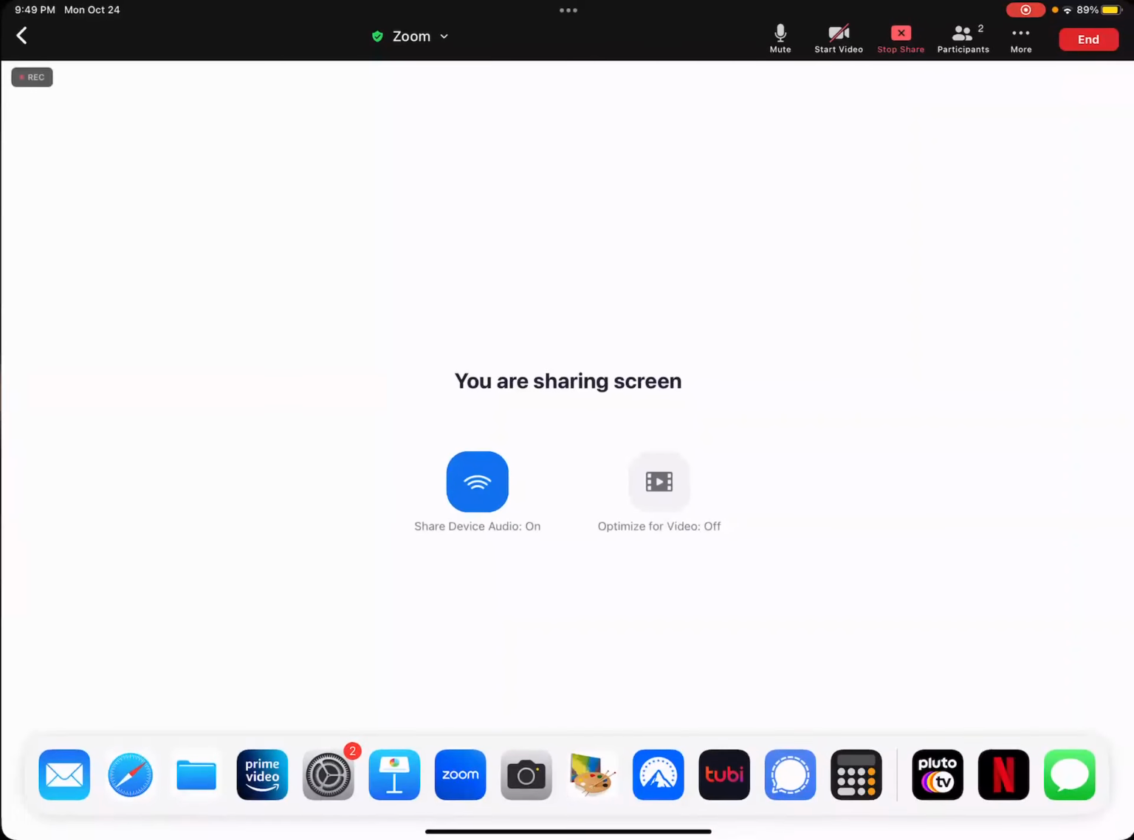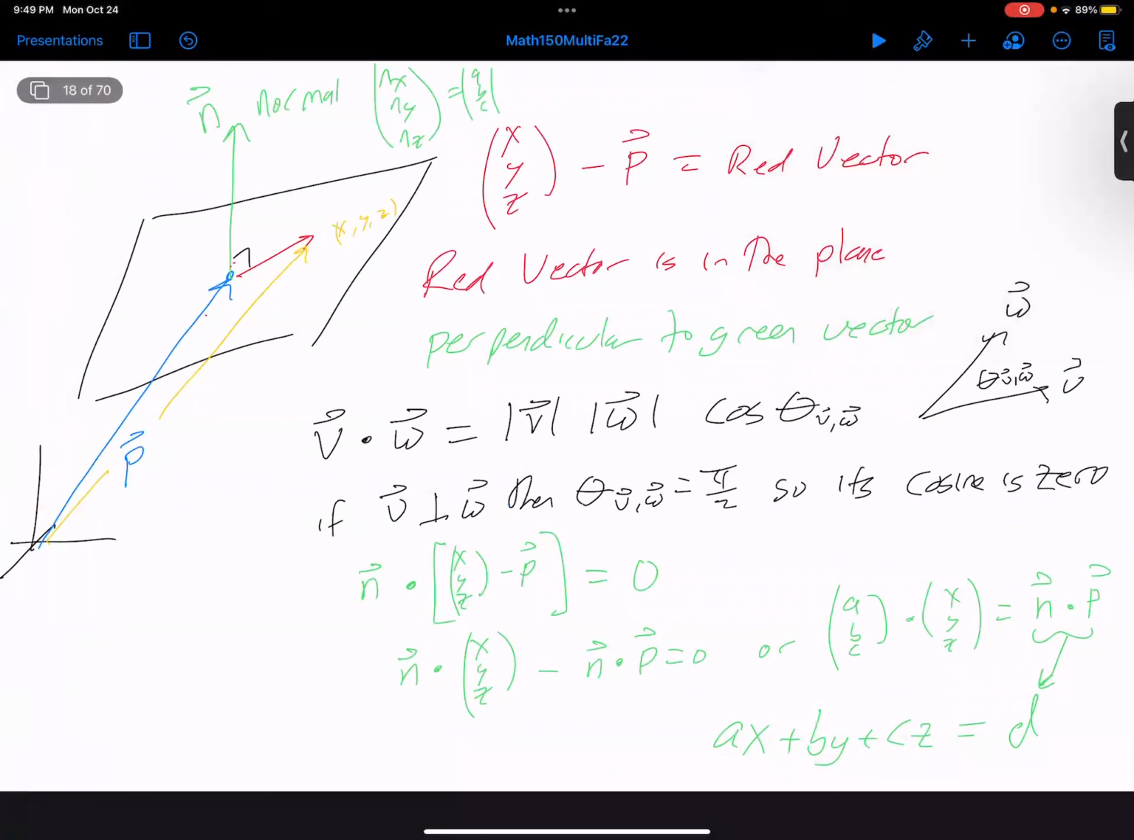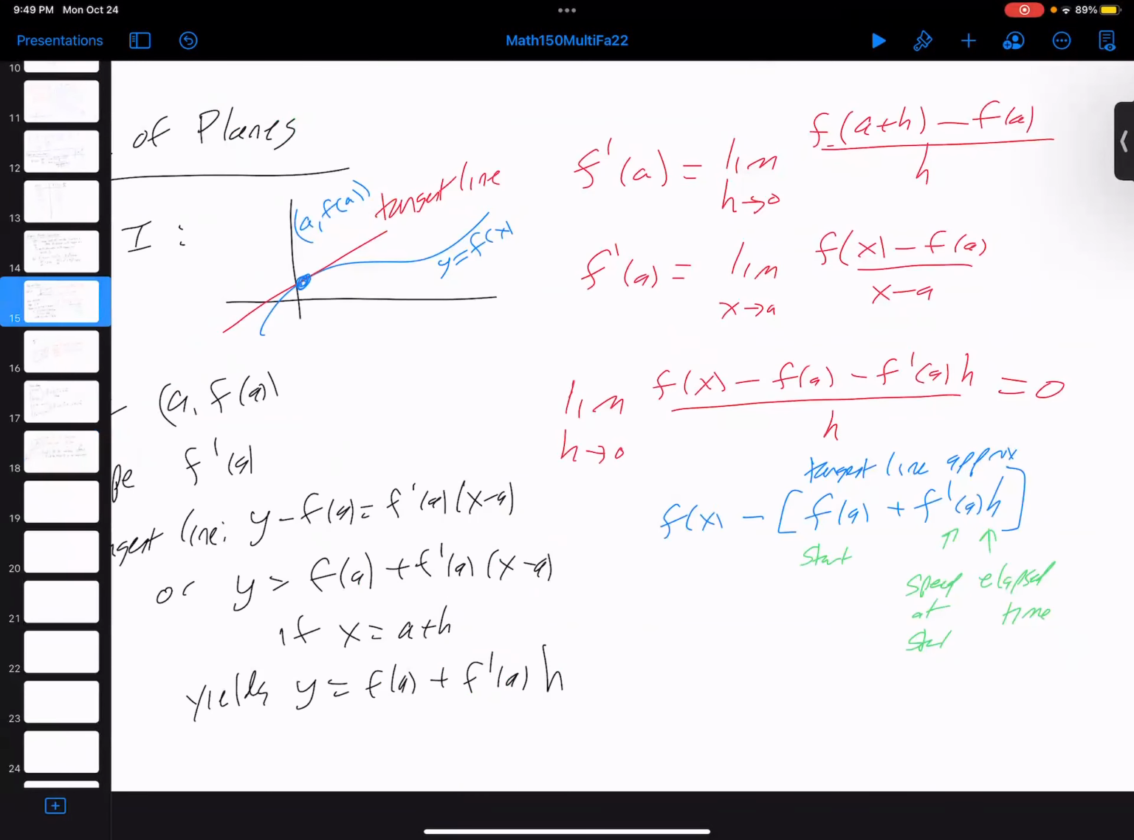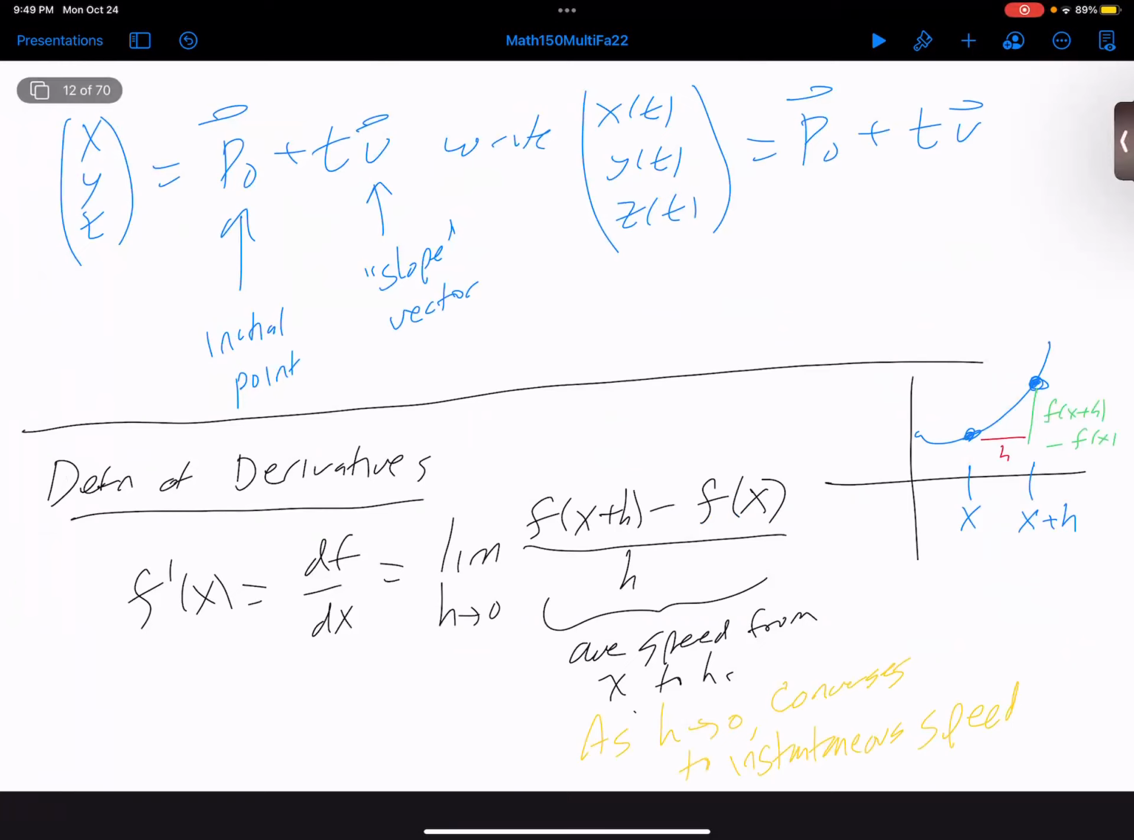All right, so welcome to multi-variable calculus. Let me just quickly review where we've been in the last few times. So we've talked about equations of lines. And so the equation of a line, x, y, z is some initial point plus t times some slope vector